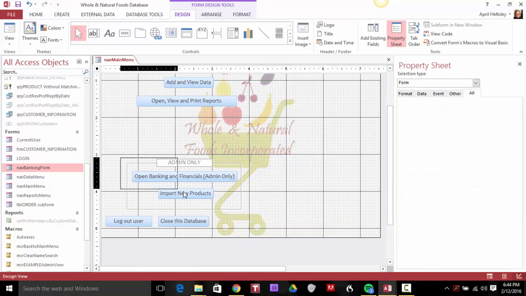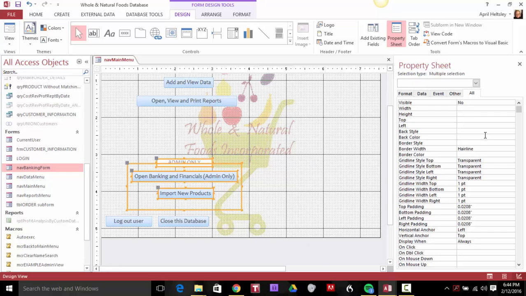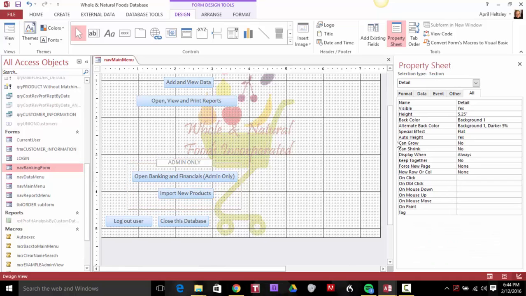Additionally, I just want to point out too that you can select all of these at once and set the visible property as well. So you can do it one at a time. I wanted to do it that way because I wanted you to make sure that they were named correctly. And you can set the visible property all at once. Cool. Alright, now,